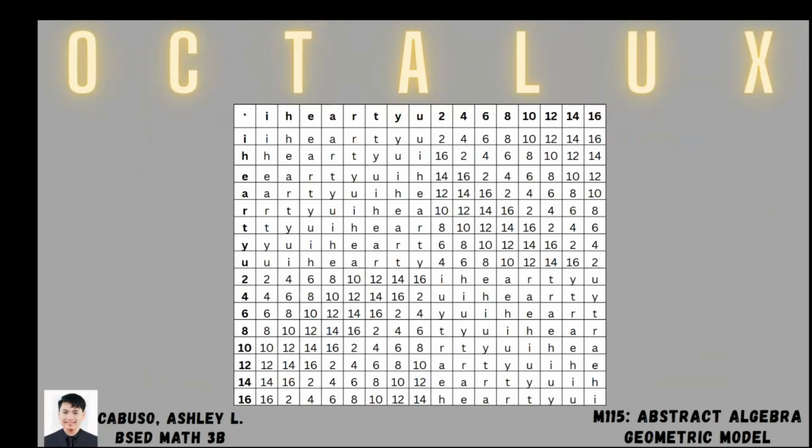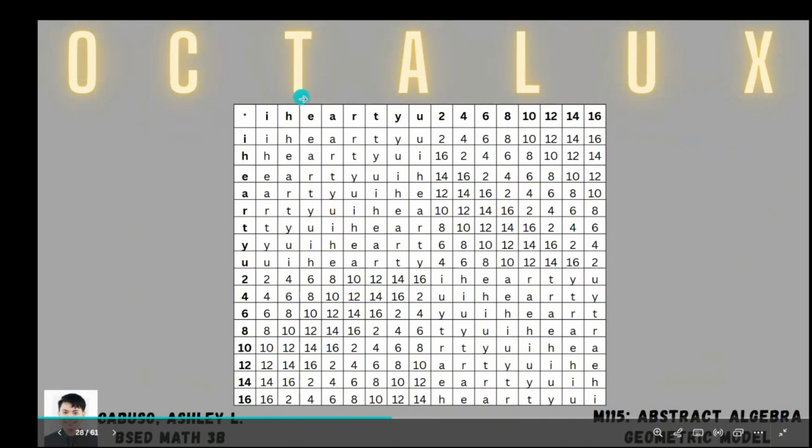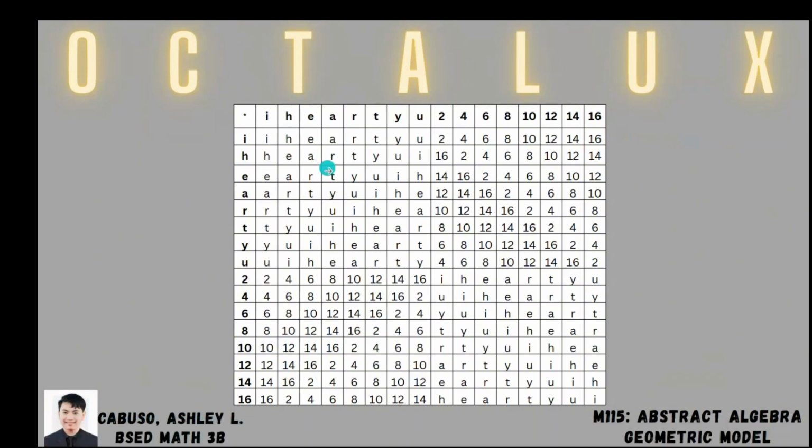I created a full multiplication table to show how every move combines with each other. By performing those possible moves from its original element at the top of the geometric model, and by performing the corresponding move for the result, we have now completed our table of results, wherein I star I is equal to I, then I star H is equal to H. That's it.